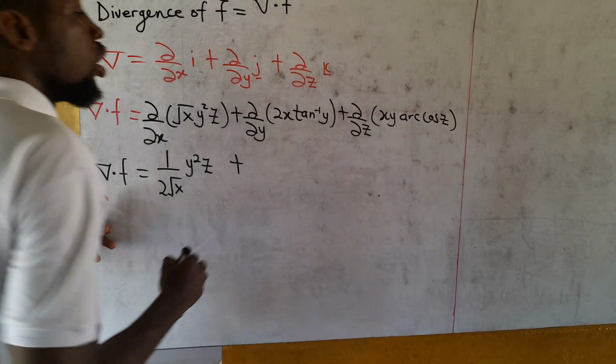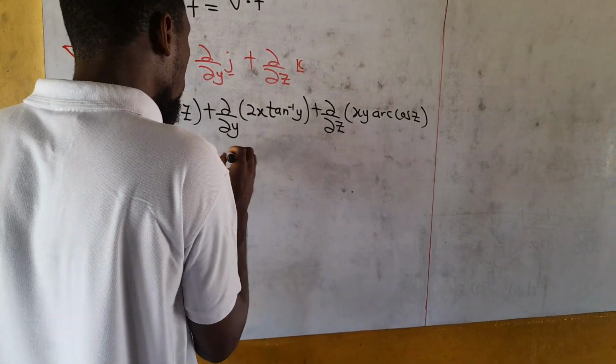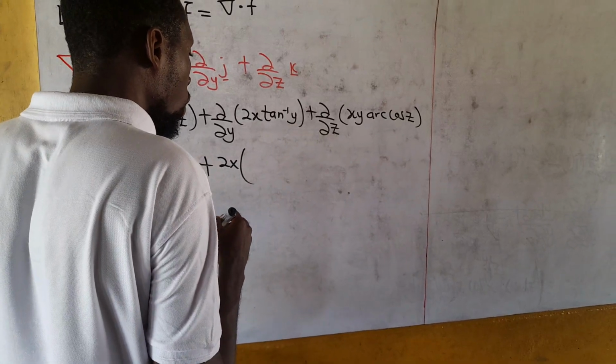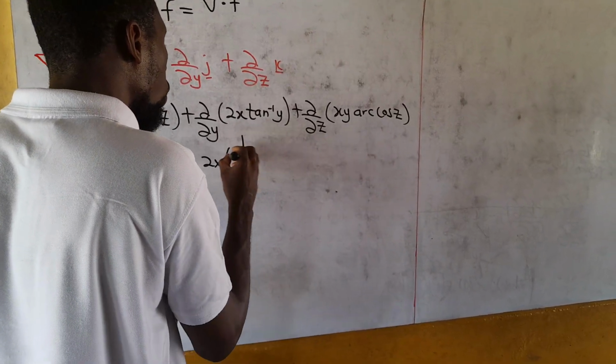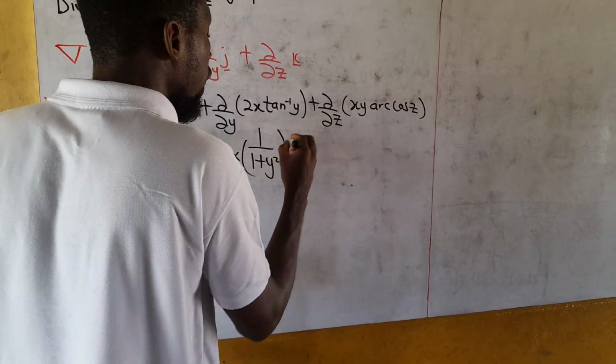Then plus, how do we differentiate this function with respect to y? So the 2x will be held constant. How do we differentiate tan inverse of y? Tan inverse of y will just be 1 over 1 plus y squared. Then plus,